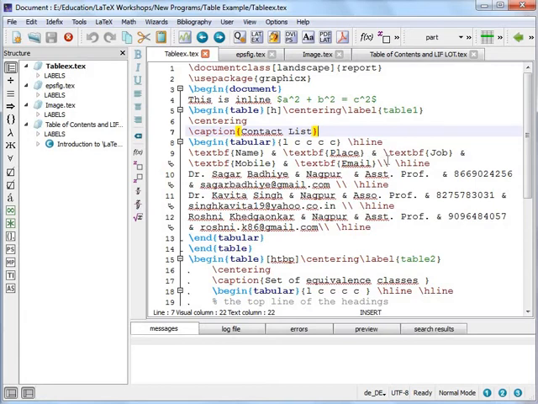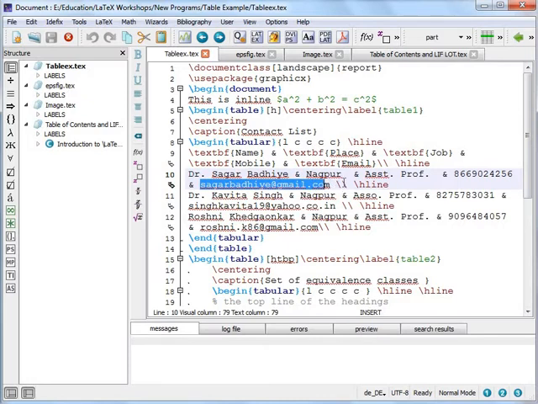This is the first row, so I am ending the first row here by using the double backslash, and then I want a horizontal line after this, so I am using the \hline command. After this I will be adding the actual content of the second row. The first column data will be Dr. Sagar Badiye, and the city will be Nagpur, and the third column will consist of assistant professor, the fourth column will consist of the mobile number, and the last column will consist of the email ID.